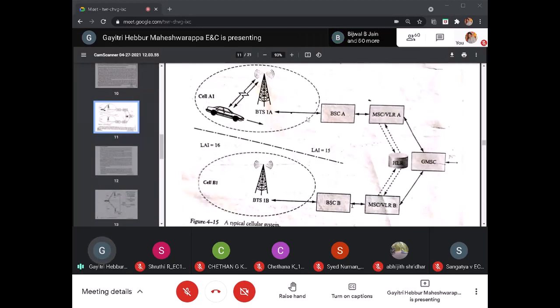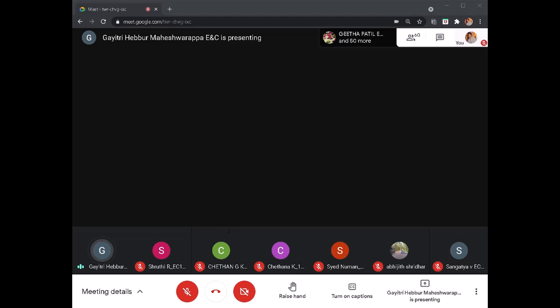And cell A1 is under base station A and cell 2 is under base station B. There are two base station controllers, not between the two radio base stations. It is between the two base station controllers. Okay, how the information or location updation has to be done. So the two base station controllers are not in the same MSC, between two different BSCs, MSCs. So that you can also observe here. The base stations are not in the same base station controller, and these base station controllers are not in the same MSC. Both are different MSCs, and both MSCs are connected through GMSC. So these are the rare scenarios we can see here.